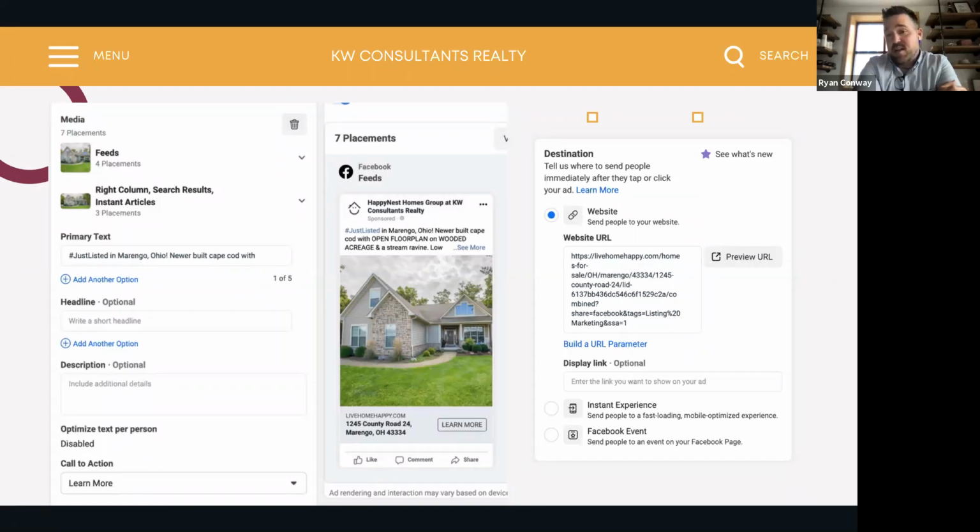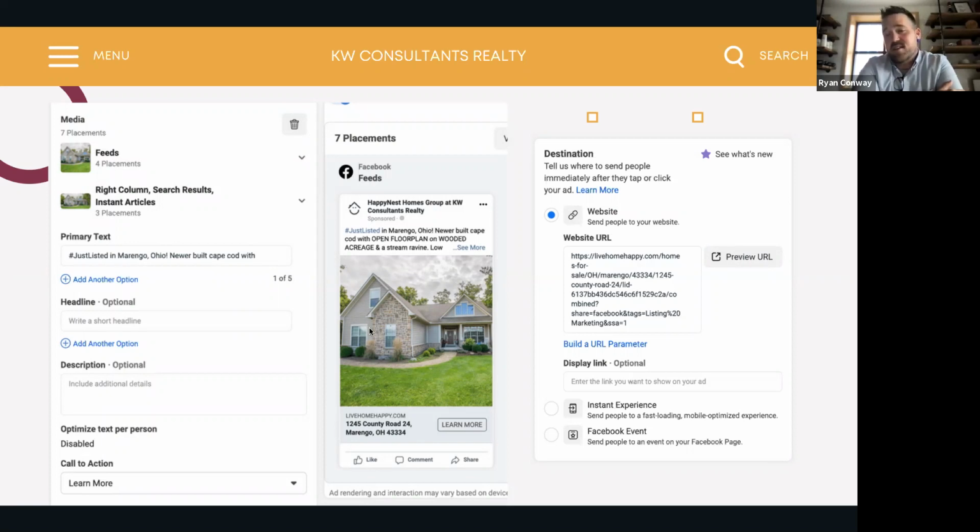If I should be sending them to a landing page where it actually takes care of the conversion there. Once they get to my site, do I have an aggressive lead capture, a form that says they have to provide me with their information before they can see any of the details or any of the photos? Or do we extract that information when they're already on Facebook? So when they click on that ad, it would first prompt up and be pre-populated with their name, their phone number, and their email address that's already registered in Facebook, and then all they have to do is click a button to submit that information, and that sends to me. I can do it that way as well.